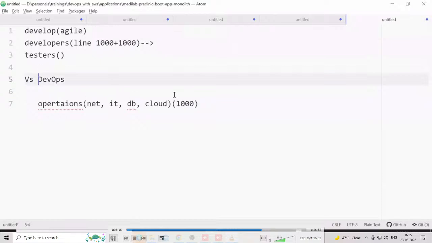Between developer and operations team. Correct. So the DevOps engineer is in between the development team and the operations team. So that is one word, right? Slowly the DevOps guys are becoming